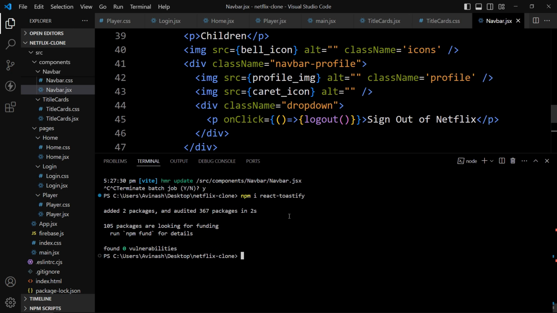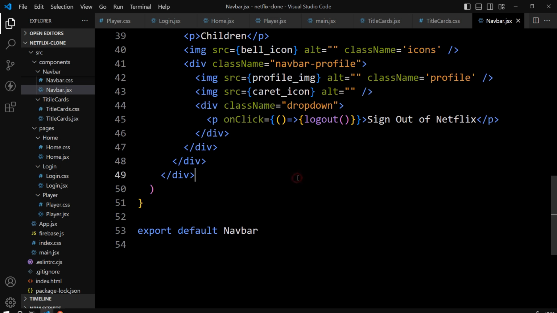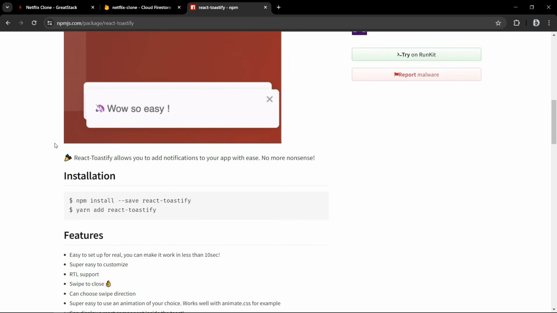So it will install the React Toastify package. Now we can again start the project. So let's add npm run dev. Now our project is running on the same URL. Let's hide this terminal.